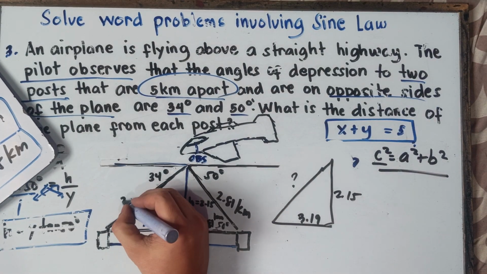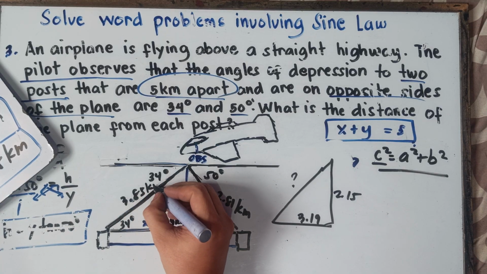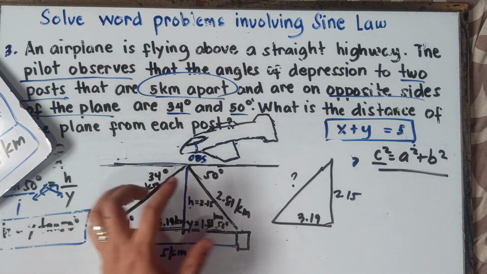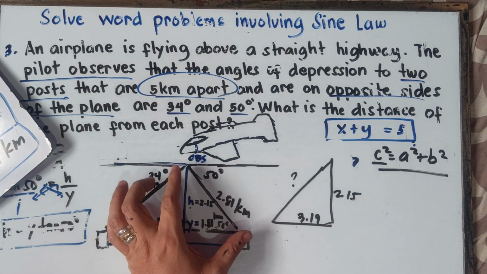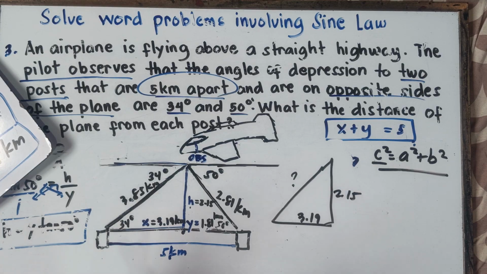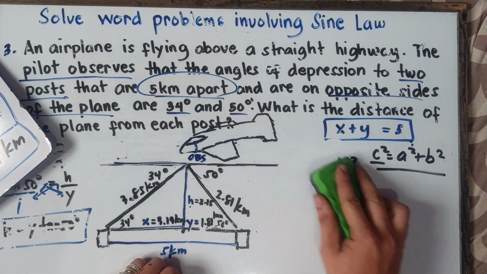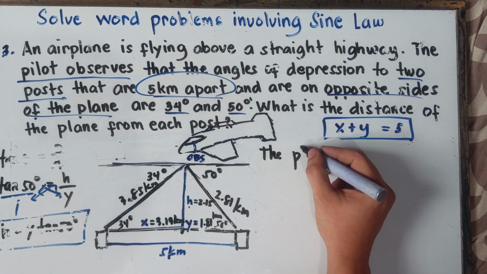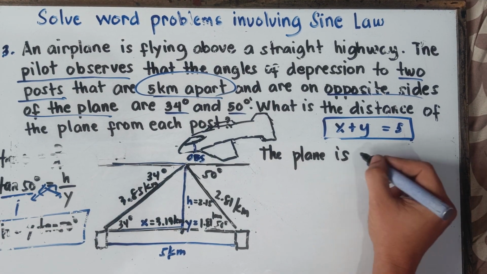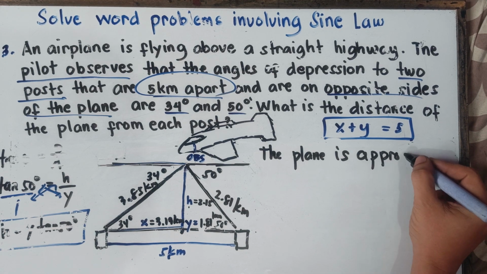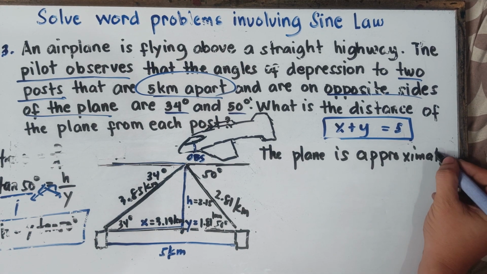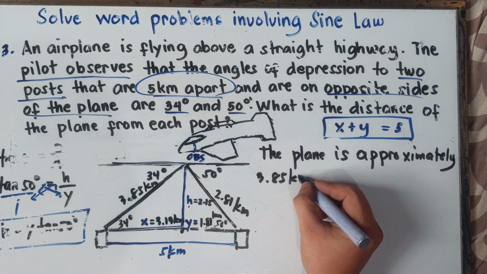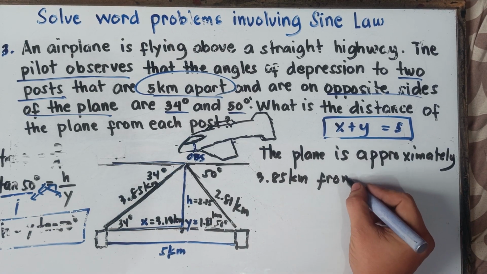3.85, this one right here. So as you can see, class, this one right here is longer than this one right here. This is 3.85 and this will be 2.81. Therefore, class, our illustration is correct. Alright, so to finalize our answer, we can say the plane is approximately 3.85 kilometers from the post